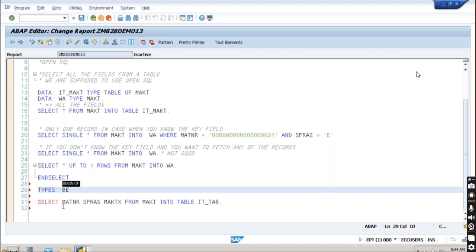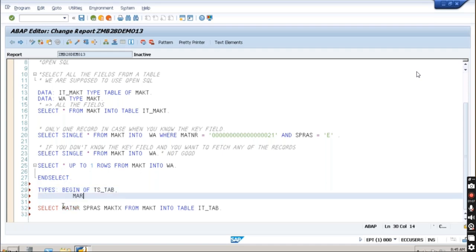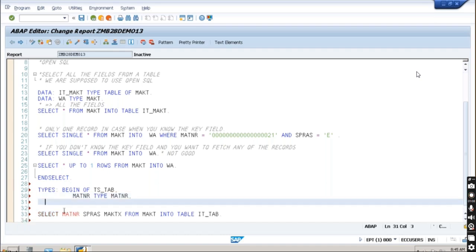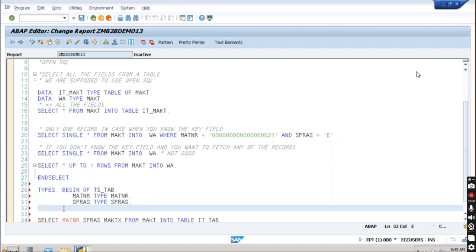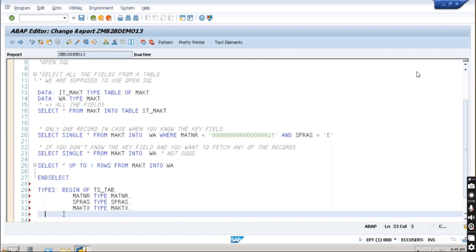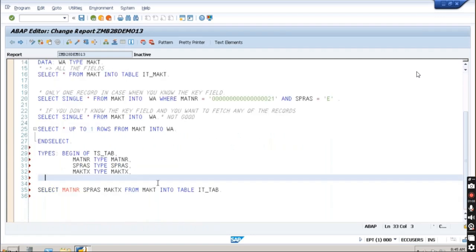Types begin of ts underscore tab, then MAKT, MATNR type MATNR, then MSPRAS type. In the same sequence you will have to define. Okay, MAKTX type MAKTX. So in the same sequence, whatever you have given over here, in the same sequence you will